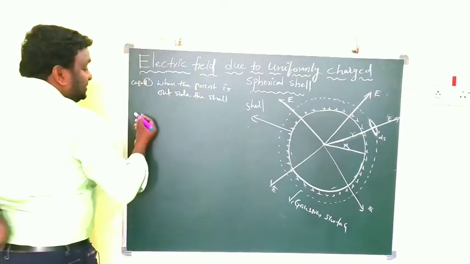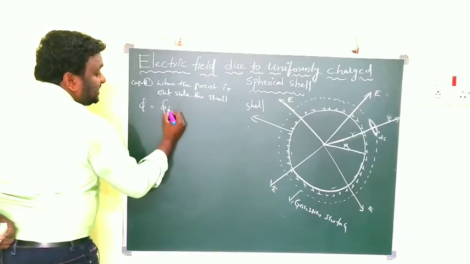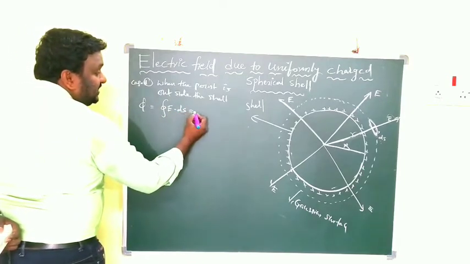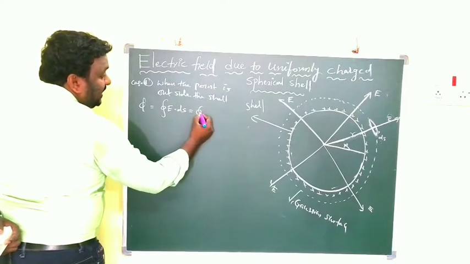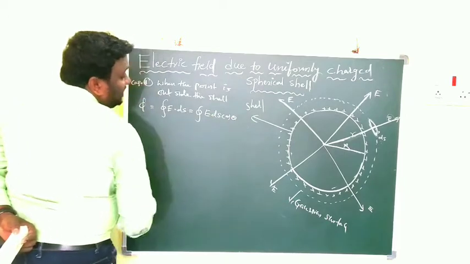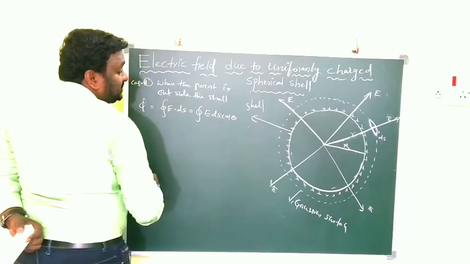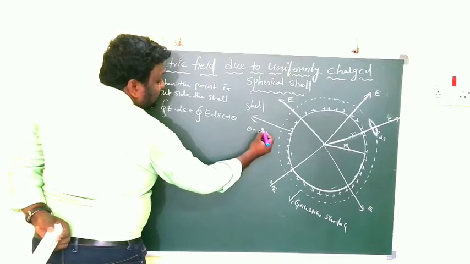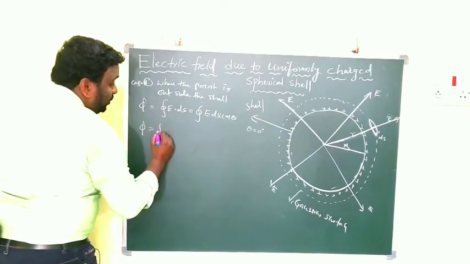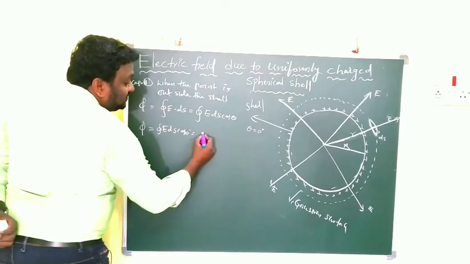Then we have one condition. Flux, how can we write? Phi is equal to the closed integral of E dot ds. That means flux is a scalar quantity. That's why I am writing phi is equal to E ds cos theta. E and ds are both in the same direction, that's why in this case theta is equal to 0 degrees. Then what do you get, children? Phi is equal to the closed integral of E ds cos 0. Cos 0 means 1. That means what?